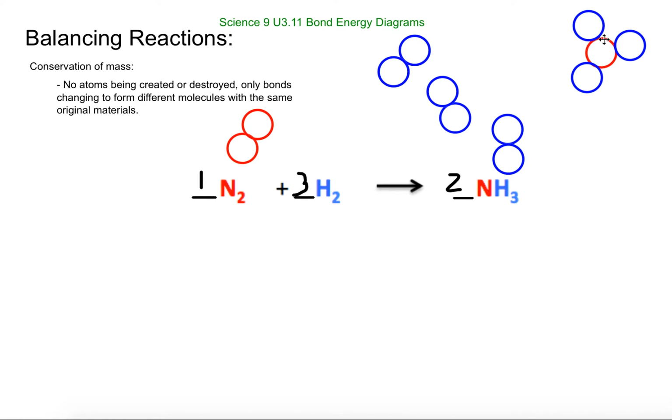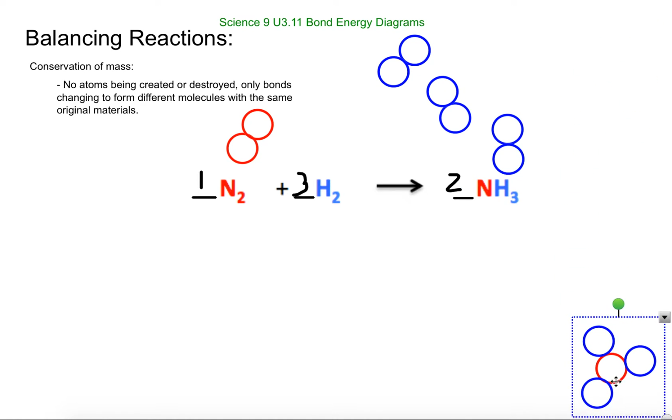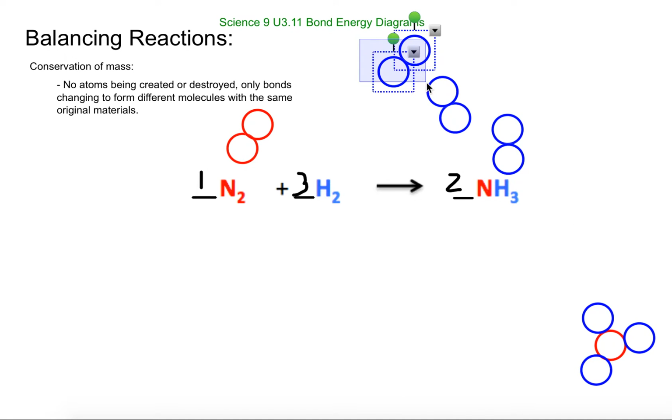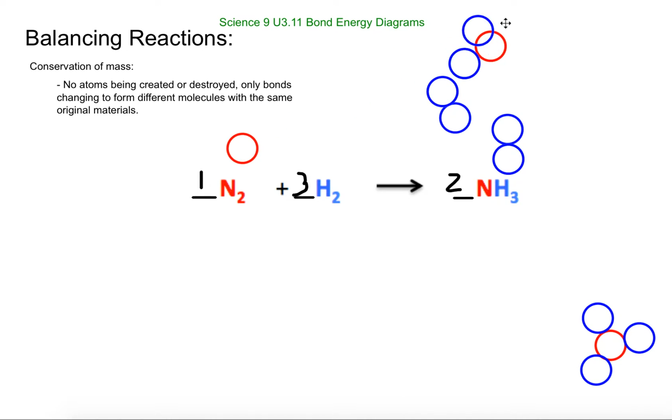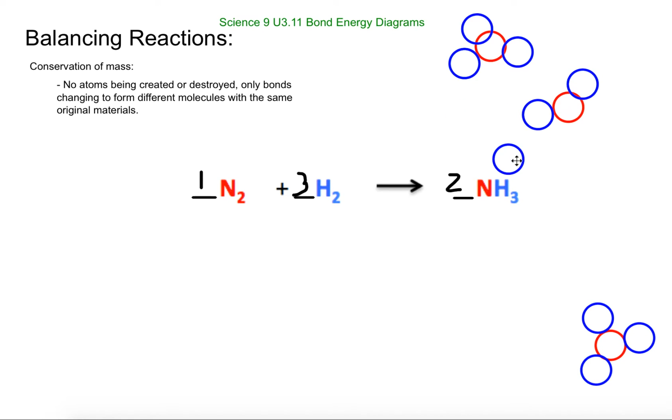So you can think about it like this. This is what we're trying to build. I'm going to put it down here so it's sort of out of our way. If we have one set of N2 right here, and we have 3 sets of H2, 1, 2, 3 sets of H2, we can make 2 full NH3 molecules, right? We say, all right, there's that one, and we put this, and this, and this, and here's our other N, and we go 1, 2, 3,